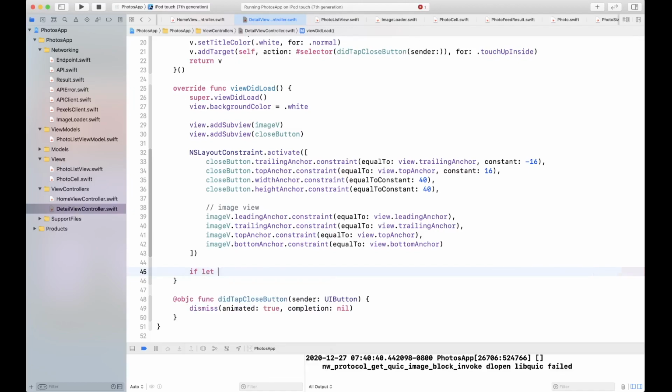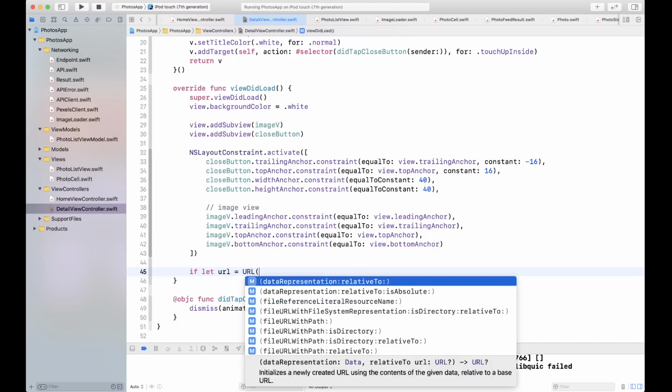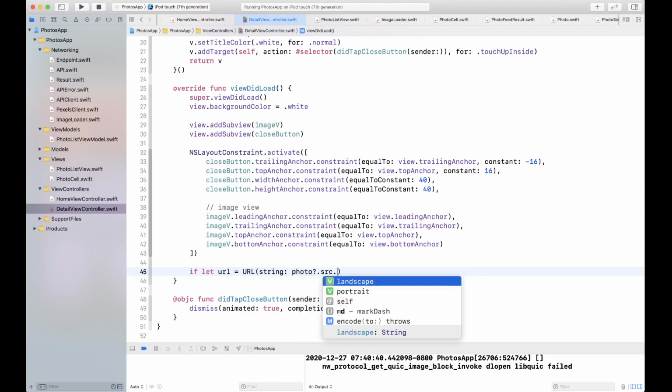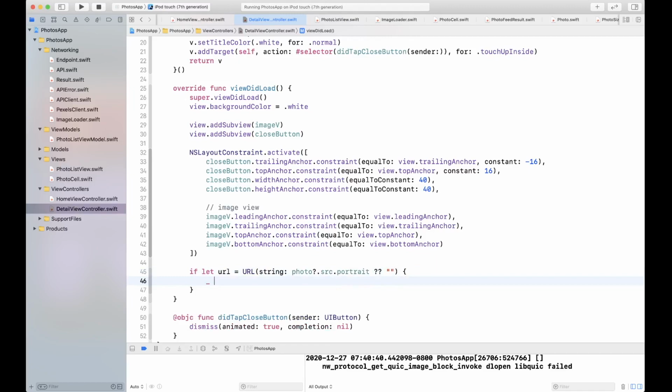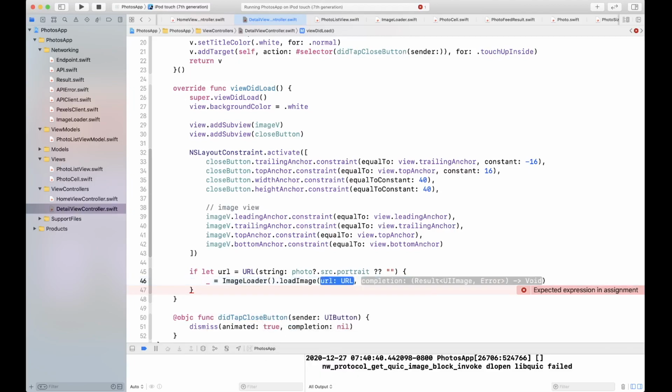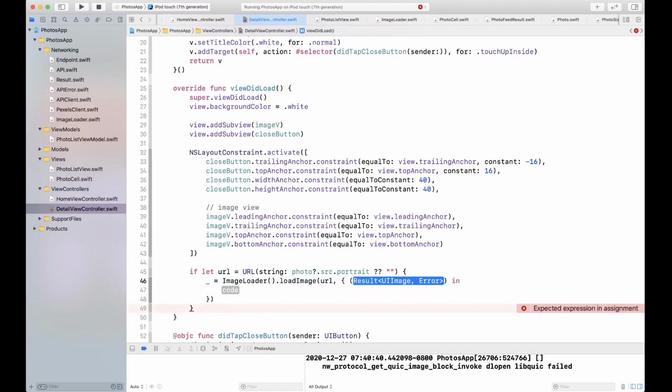Okay, now when we receive the image, we want to download the image, right? So we're going to say if let url, so if we can construct the URL from string, and the string we get from photo.source.portrait. This time we're going to use the portrait version of the photo. Okay, and we don't care about the cancellation, because when we are loading this image, this view is going to be launched, right? So it's going to start the image loading. So we're going to simply say imageLoader.loadImage for url, and for the completion we're going to simply say